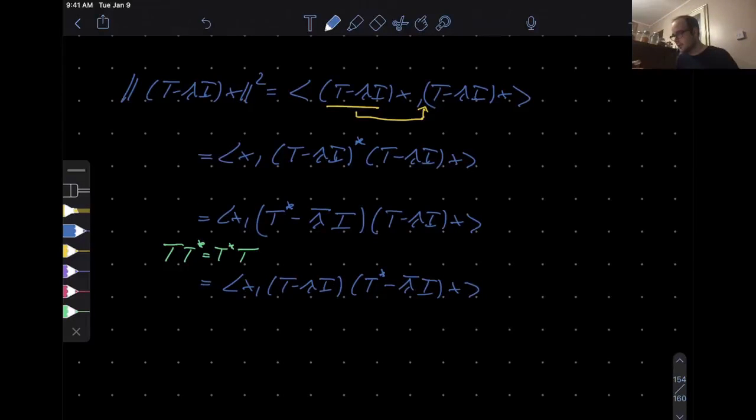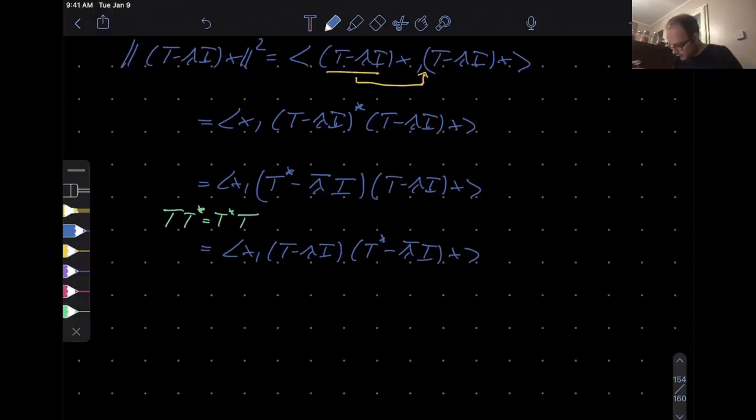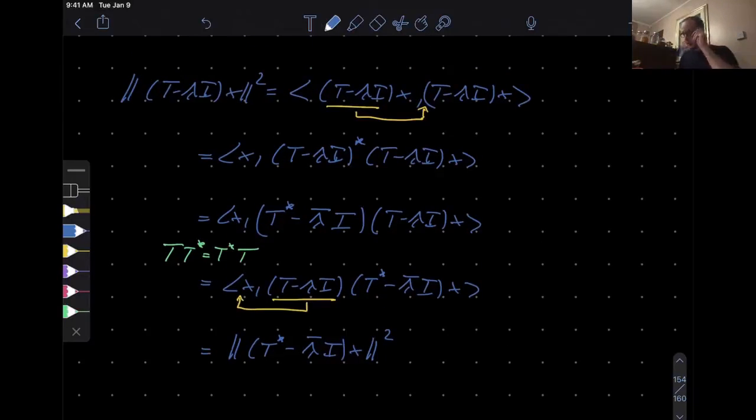Okay, that green equation, do check it. And then what you have is, well, you go backwards, so you go here, not outside, just in front of the x, inside the inner product. Well, and then you have, let's shorten this a bit, the norm squared of (T star minus lambda bar I)x, right? So, in other words,